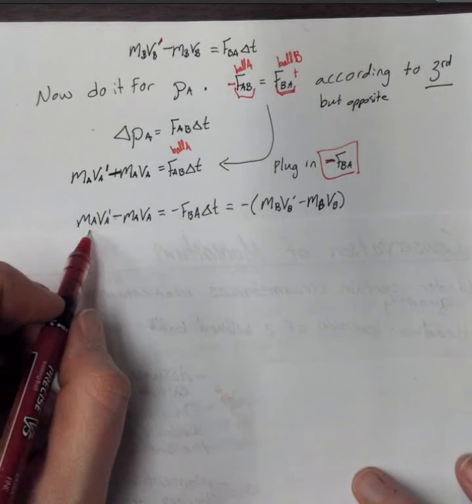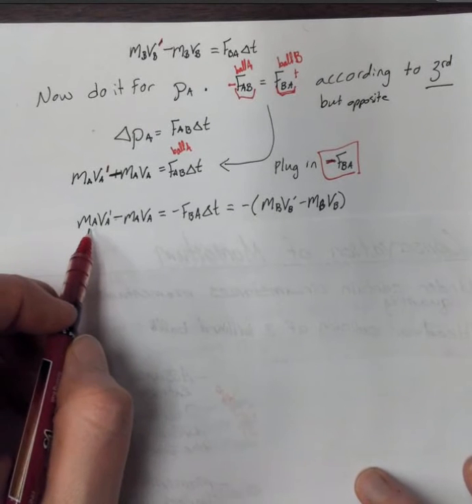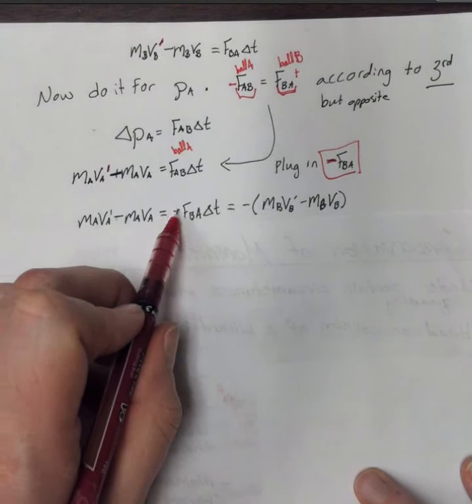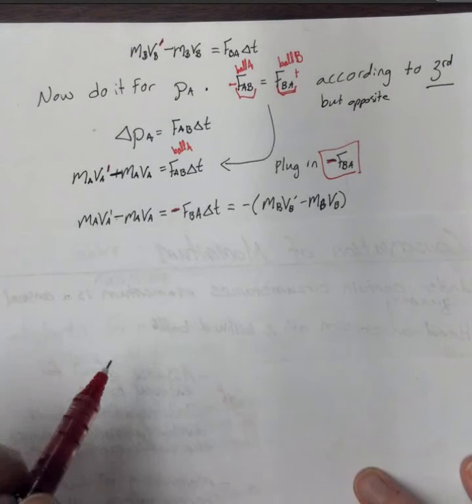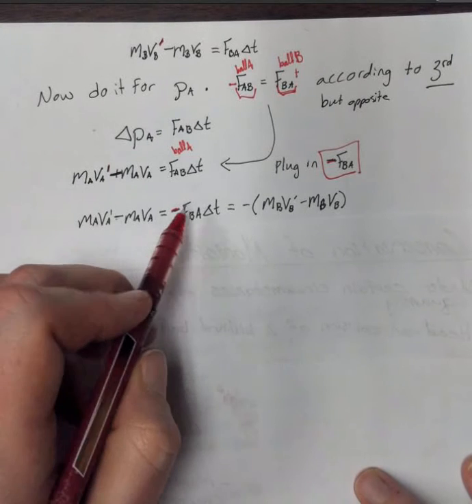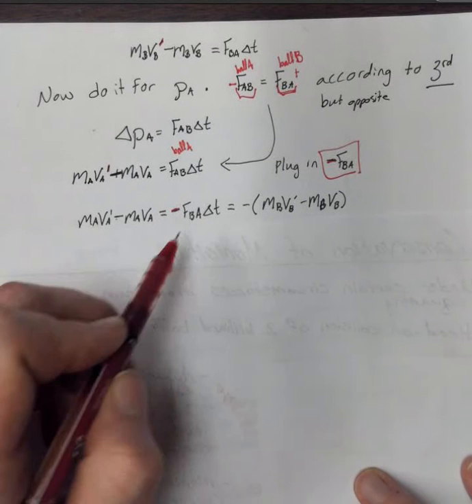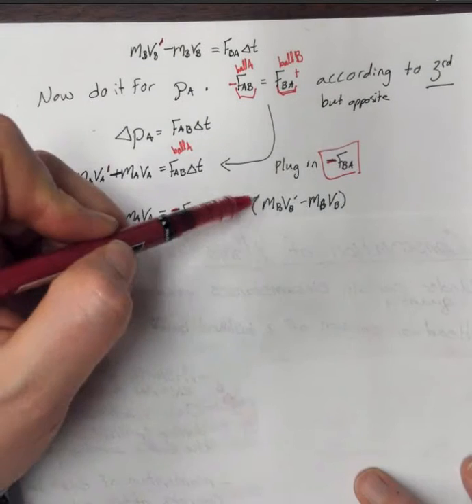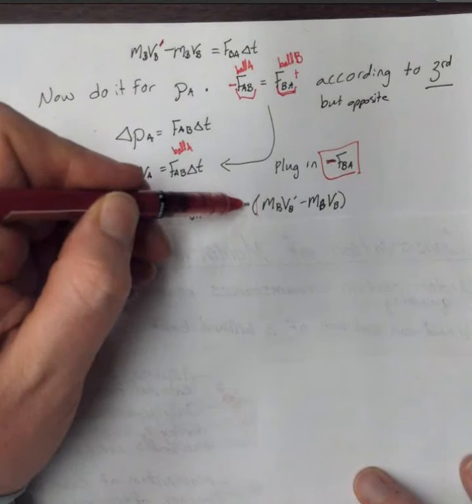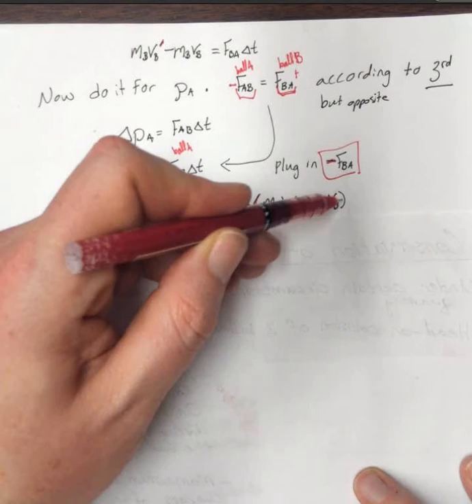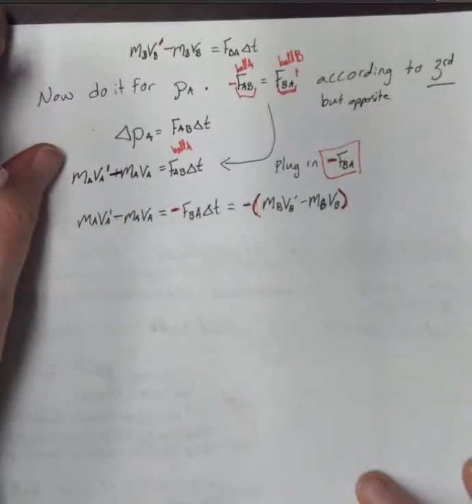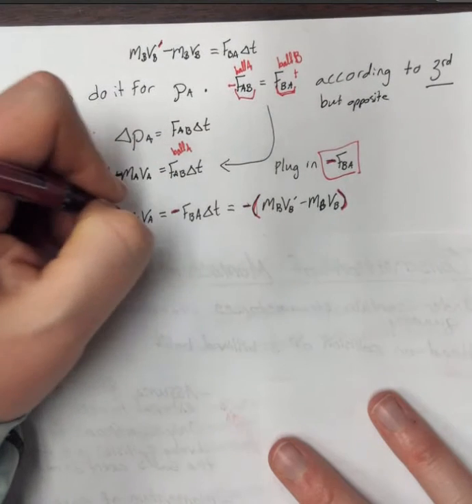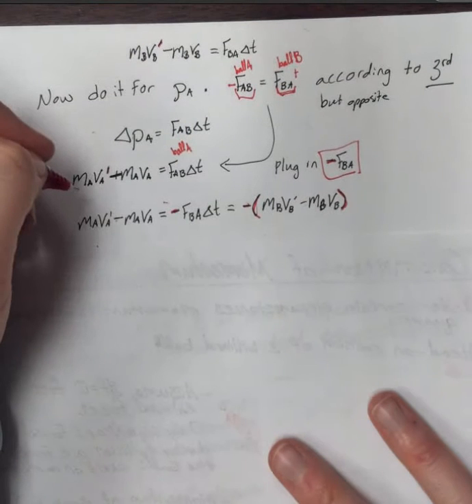So when I rewrite that, I say the final momentum of ball A minus the initial momentum of ball A equals negative the force that ball B experienced, because it was in the opposite direction, times the time interval. And if that negative force from ball B was equal to this quantity here, then I could set that equation equal to negative the change in momentum of ball B. So I dropped this out, I set these two sides of the equation equal to each other, and that's going to be